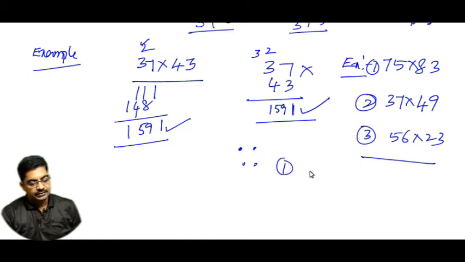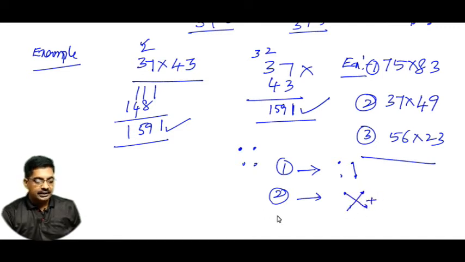First digit of the answer in the right hand side will come by multiplying the rightmost two digits in the vertical column. That's why the name it came as vertically and crosswise. Second digit will come like this by multiplying crosswise and add them. Third digit will come by multiplying the leftmost vertical digits, so that you will come to the answer.